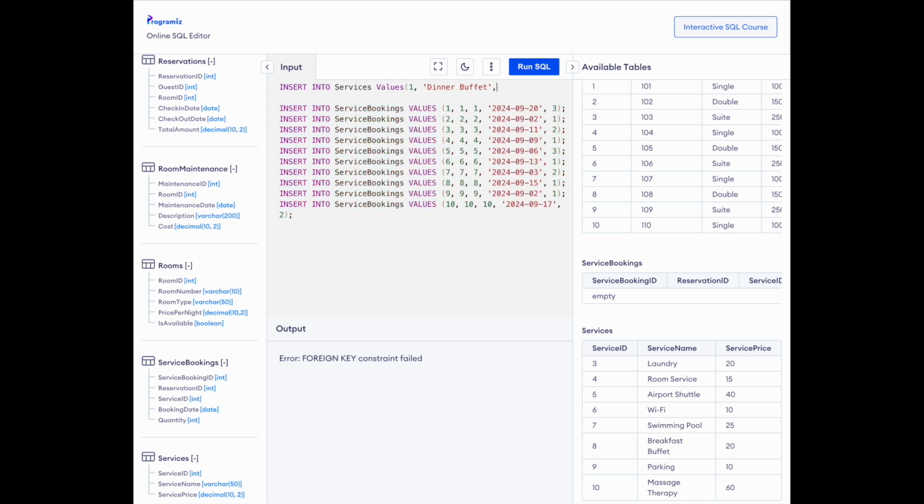Then the price. So I think this is the price. Yes, the price should be like 20 bucks. And also add the second one, insert into services